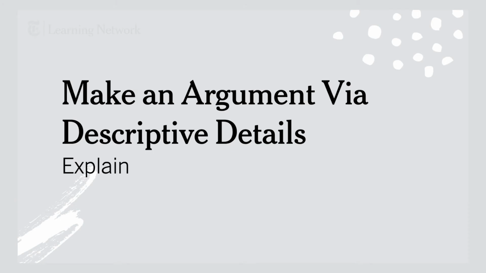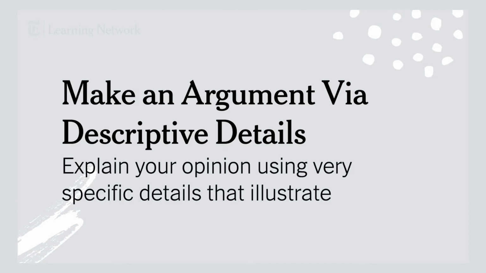Natalie, anything you'd want to add? I mean, I think this skill is so important for review writing. I saw somebody else put this in the chat, but his first line of imagining an impatient reader is such a good suggestion to really get down to those details that are the most important to the piece. And this is especially important in our review contest, where you only have 450 words to sort of explain your opinion. So really using those words wisely and thinking about really specific details that illustrate your point.